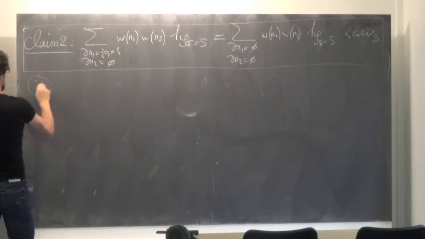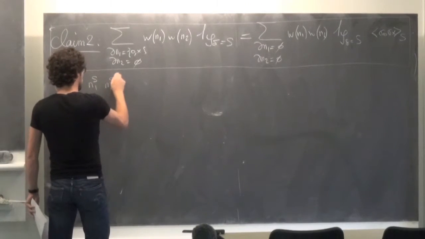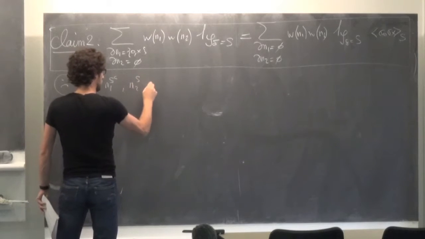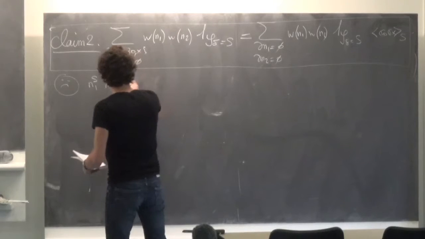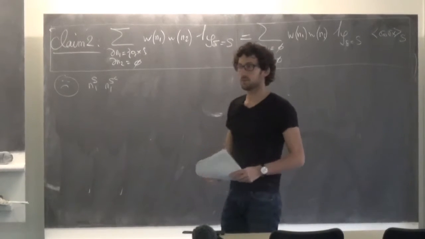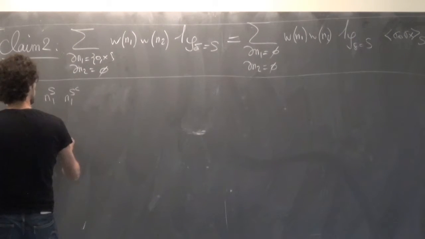So how do we prove that? We do the same thing. We divide between N1, N1S complement, N2S, and N2S. I mean, actually, maybe we only need to do it for N1. We are going to divide between N1S and N1S complement. So you get the sum